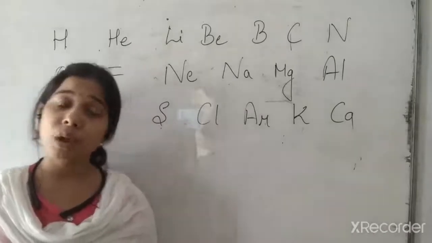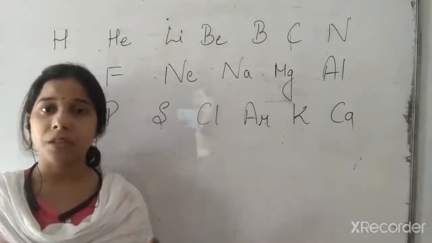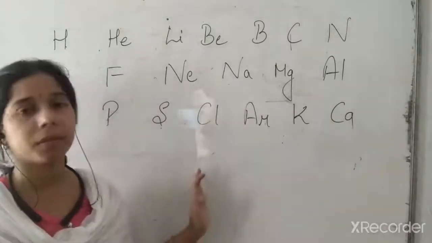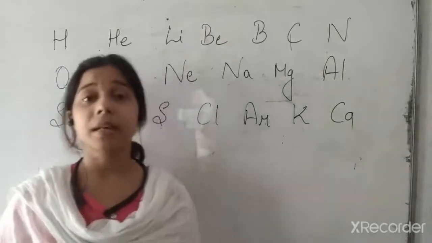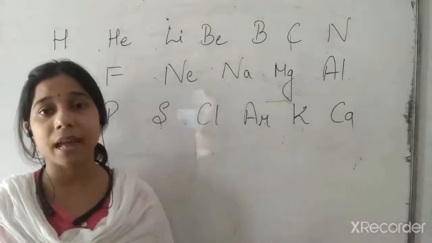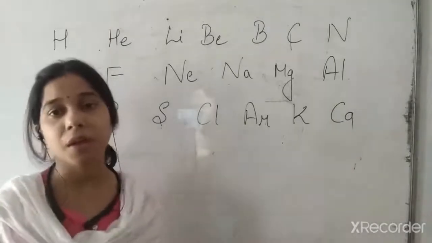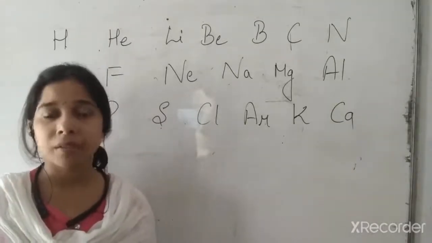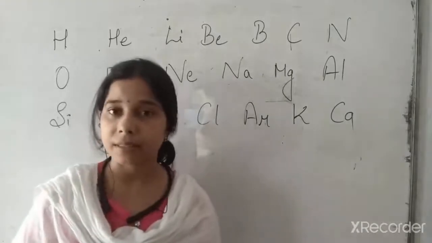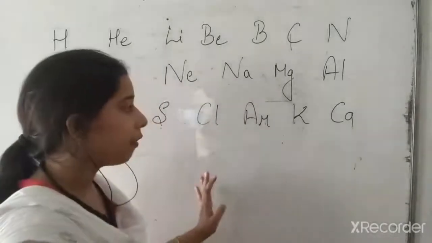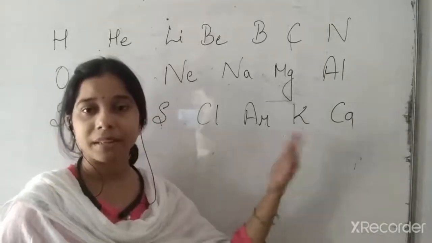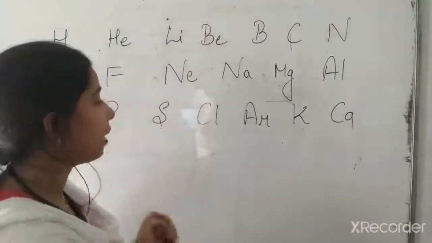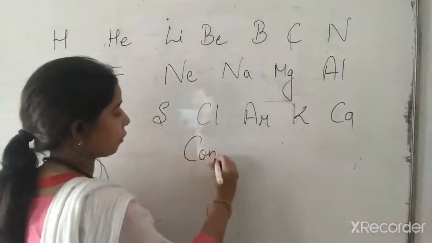Now suppose you have to find the valency just by looking at it, or you don't know the combining capacity or the exact charge carried by a particular atom. Then how will you find the valency? For that we have to go a little bit further to understand it, and that is we have to understand the configuration.